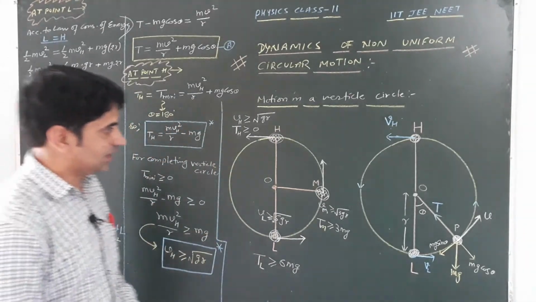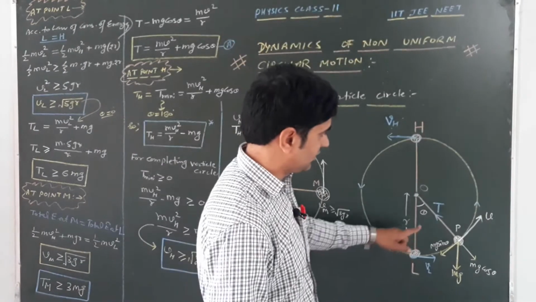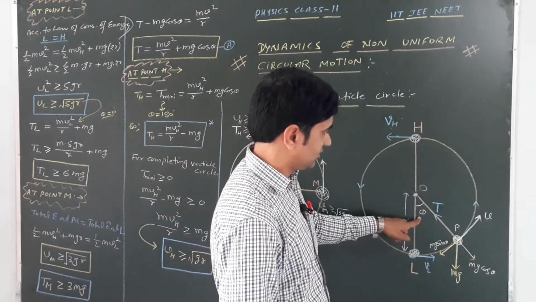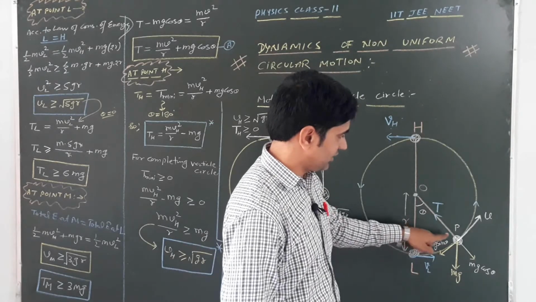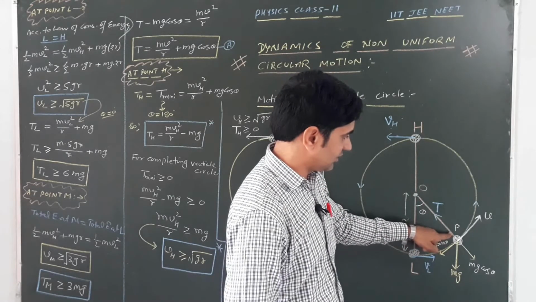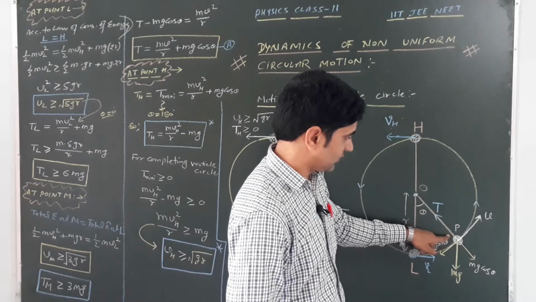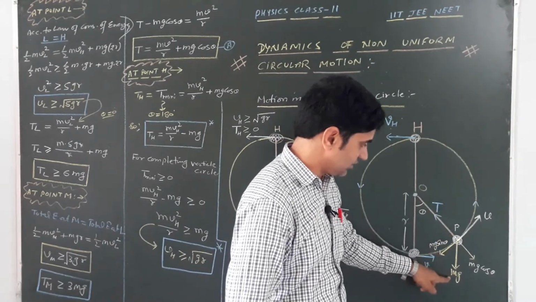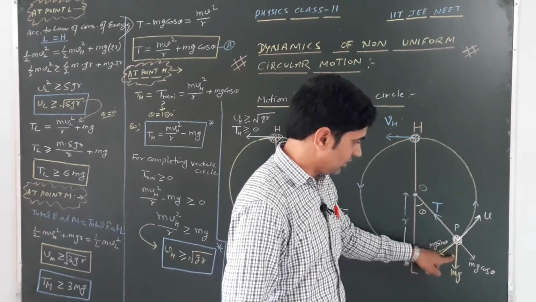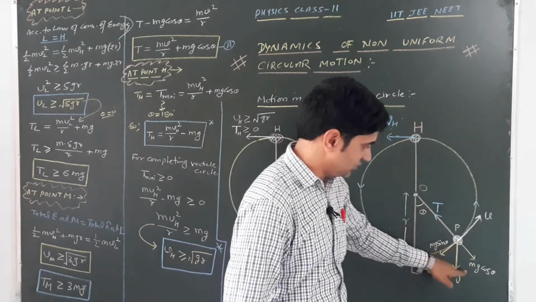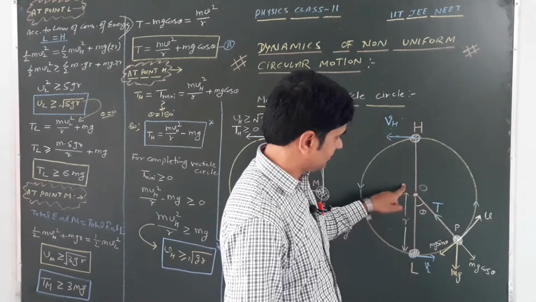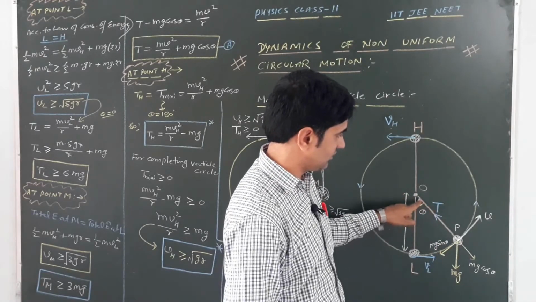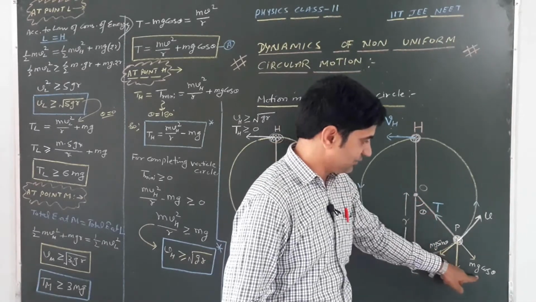So at any instant of time we are considering that there is angular displacement theta in the stone position. So stone will move at any point P, let us consider, and at that point P we can resolve the forces like that. The weight of the stone in the downward direction and its two components like that, mg sin theta and mg cos theta. There is the force towards center, that is tension T in the string, which is in the opposite direction to that of the mg cos theta.